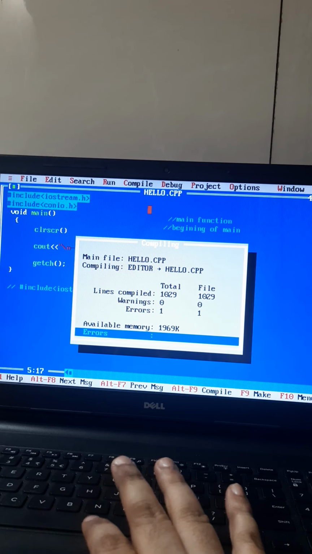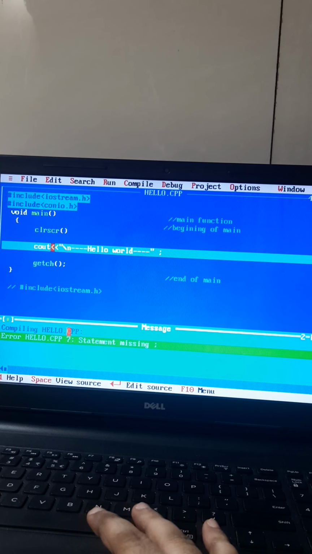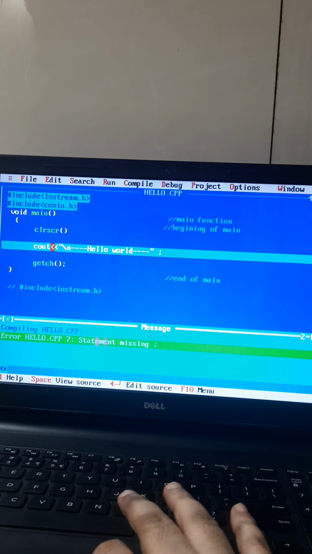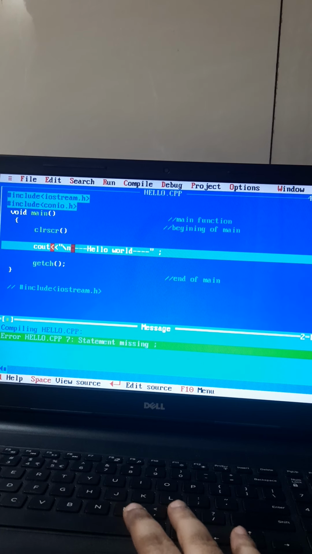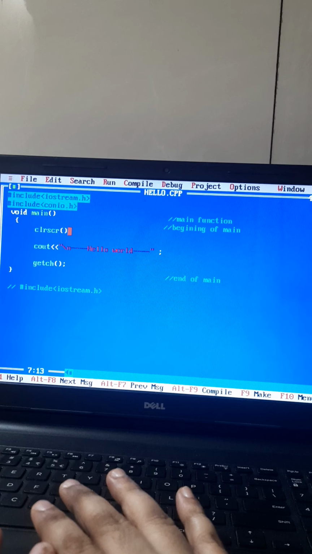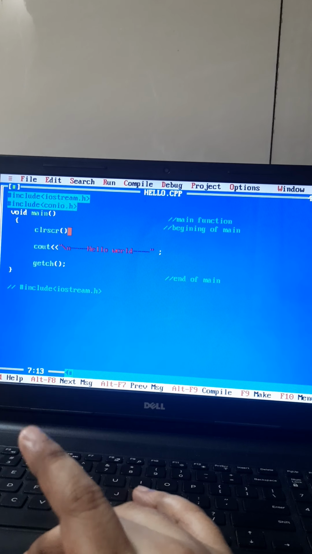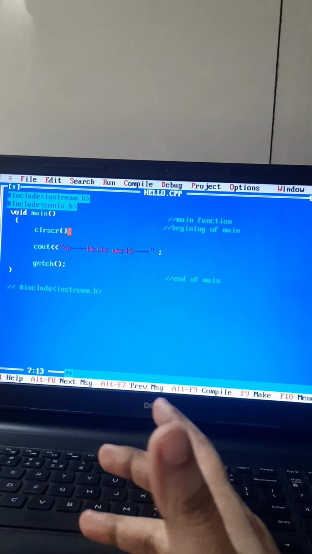So what we can do is press here and it will show which statement is missing. You can see that on line 7 it has shown the statement missing. So it has already told you where the error is. This is the programmer's facility. Along with the compilation, it has debugged and told you where the possible error could be.